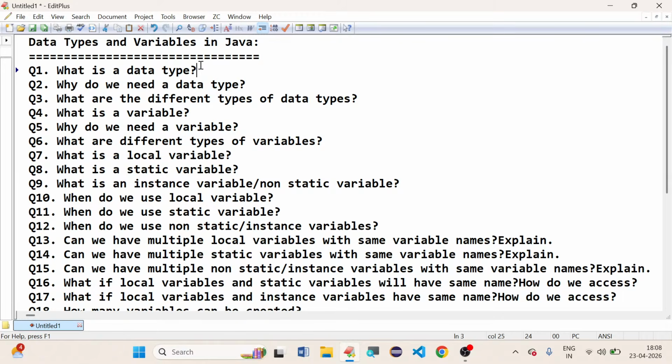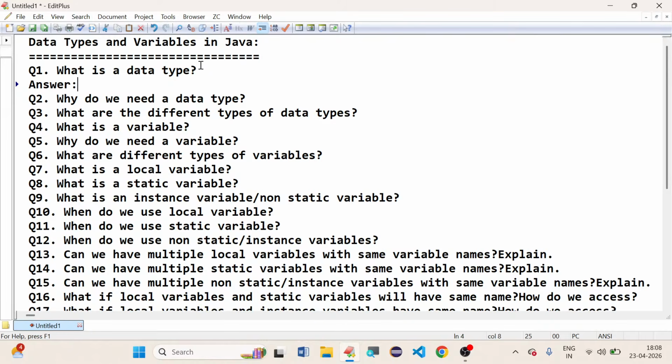Okay, now the first question here: what is a data type? Earlier I told you data types are nothing but keywords. All keywords are not data types, but some keywords are considered to be data types. Not only keywords, sometimes some words are also taken as data types. So the first thing here I'll say, a data type is